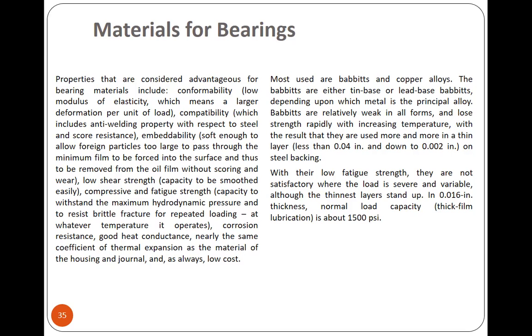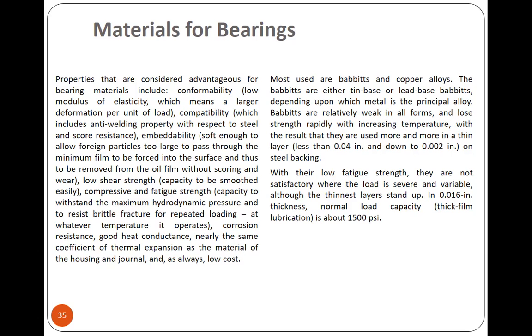Continuing with bearing materials. The babbitts are either tin-based or lead-based, depending upon which metal is the principal alloy. Babbitts are relatively weak in all forms and lose strength rapidly with increasing temperature, with the result that they are used more and more in a thin layer, less than 0.04 inch and down to 0.002 inch, on a steel backing. With their low fatigue strength, they are not satisfactory where the load is severe and variable,